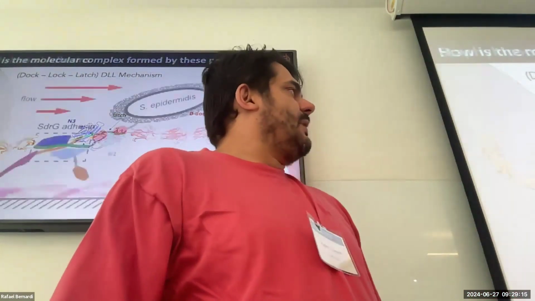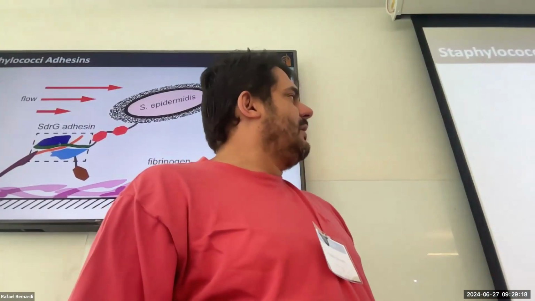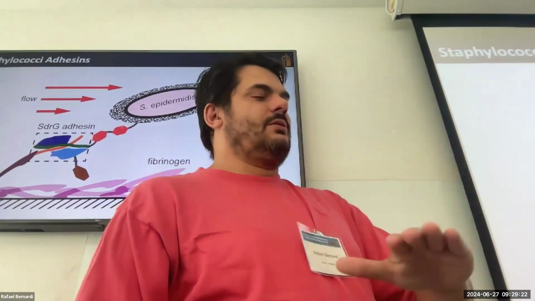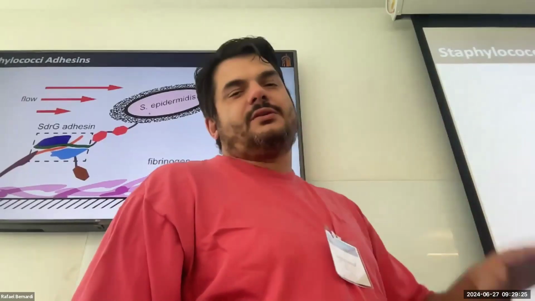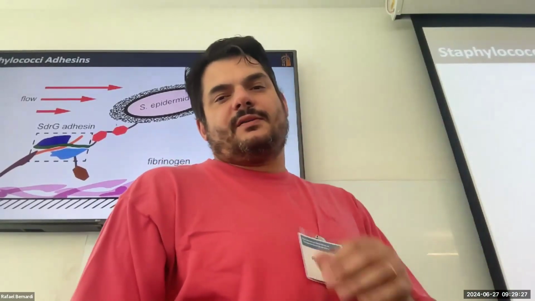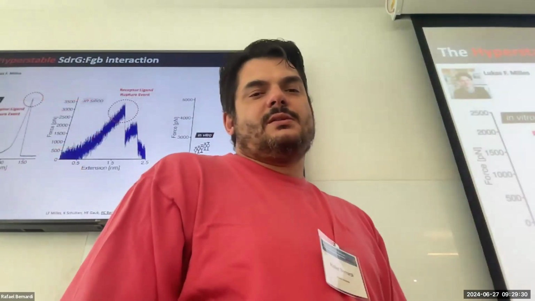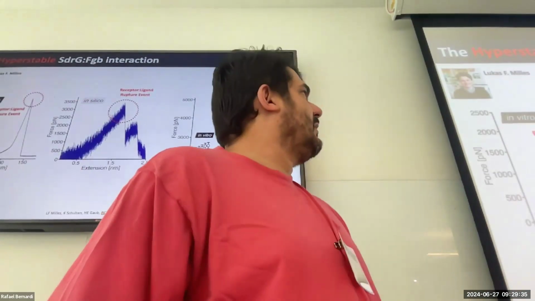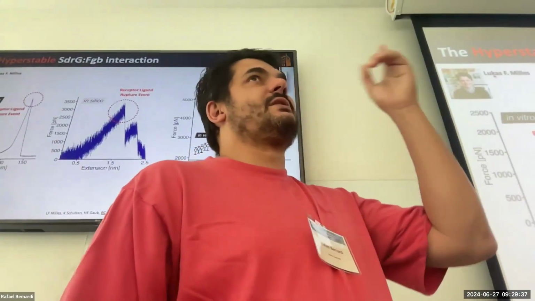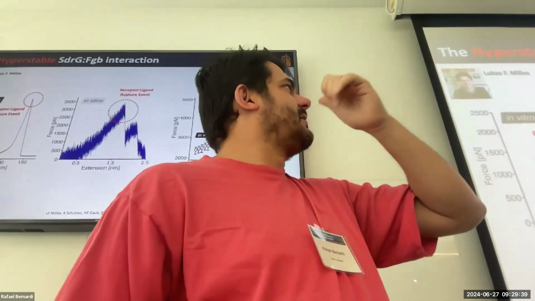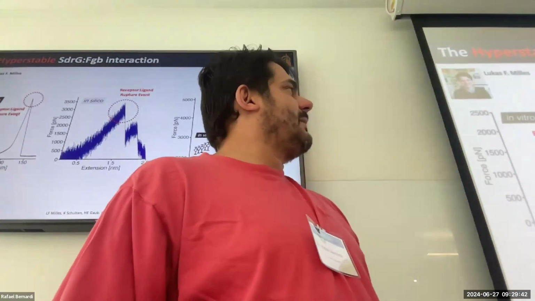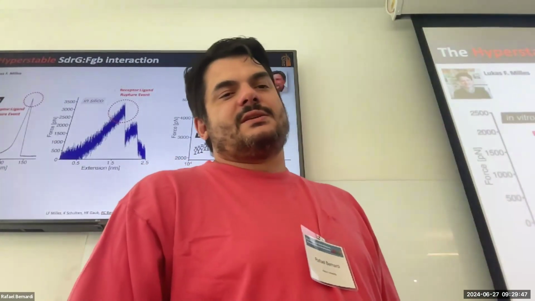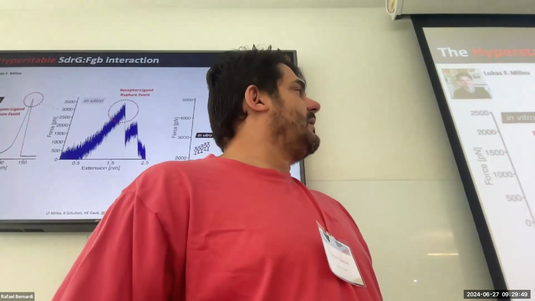So the way we did the experiment, we were holding this whole thing here, right? So this thing is holding the bacteria to your cells under flow. And then we did AFM with that, and also did the simulations. So Lukas Milles, who now just moved back to Germany, he was in Germany, moved to the States, now he's back in Germany, did the experiment, and he was in Hermann's lab, and he got these amazing high forces, and I was there in Munich when we were doing this together,